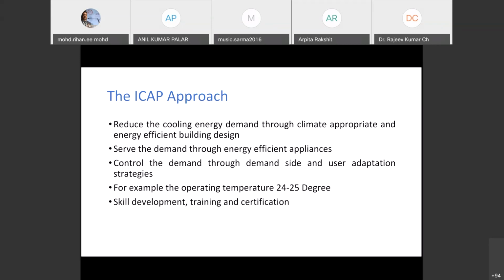If we try to communicate these things and create awareness, then it will definitely lead to a positive contribution, seeing the large number of ACs we have now, right? And of course, we need to have skilled people, like we have talked about green energy sources. Similarly, for this energy conservation exercise, we also need trained people who are aware of these things. That is also important.